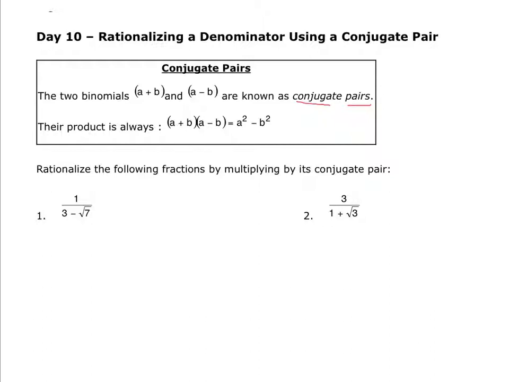A conjugate pair is when two binomials have everything matching except that one is a positive and one is a negative. The reason why these are special is because if you think of all the factoring work that we have done in the past, this is the result that we get when we factor the difference of perfect squares. So we can actually simplify the process by simply multiplying the first two values together and then multiplying the last values together in each one in order to come up with what our result will be when we multiply two conjugate pairs. We know that the middle terms are going to cancel out, and we saw examples of this in